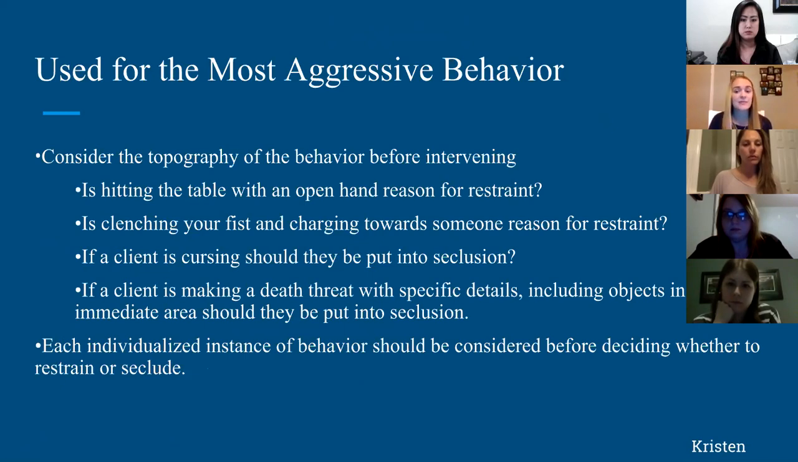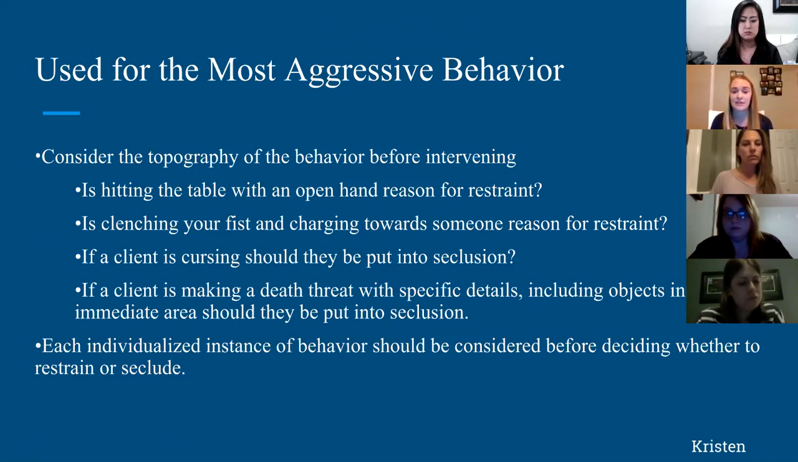Probably the second is reason for restraint because they are charging towards someone and someone could be at risk. When they're slamming the table with their hand, they're not harming themselves and they're not harming others. Next is, if a client is cursing, should they be put into seclusion? If a client is making a death threat with specific details, including objects in the immediate area, should they be